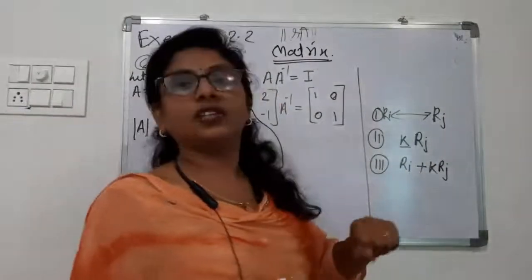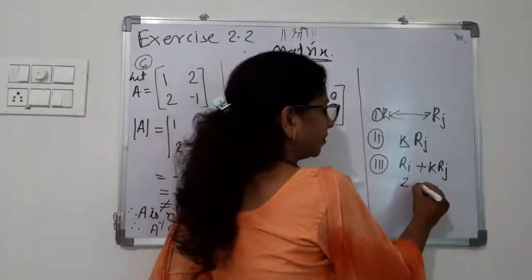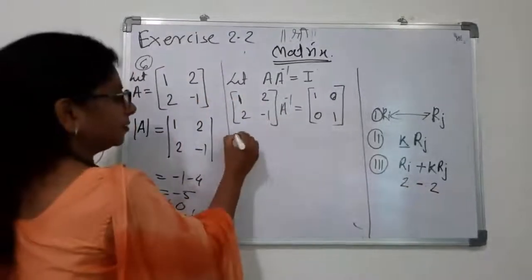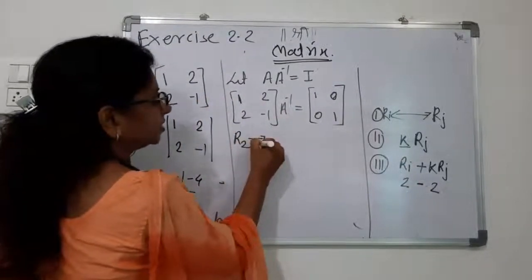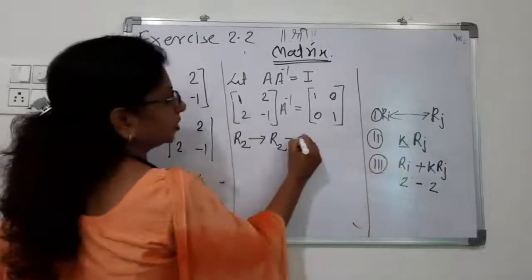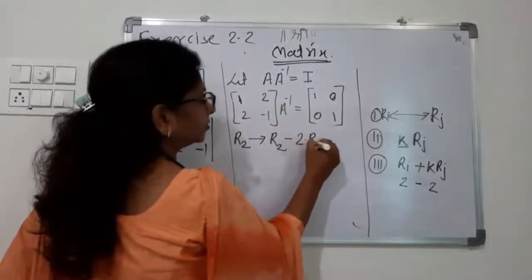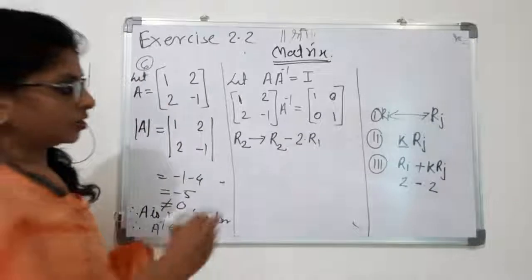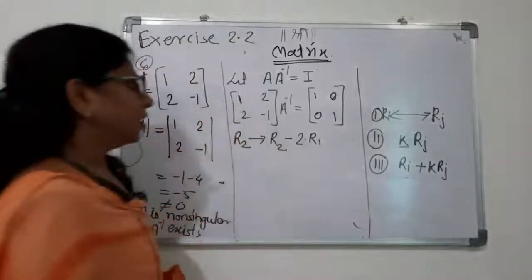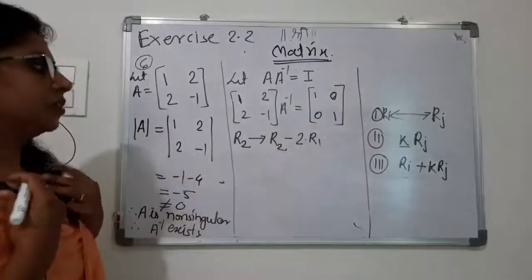So this is only applicable because if we subtract 2, so here it is our R2, we will change R2 to R2 minus 2R1, because we want minus, and here R1 is 1. If you multiply 2 to R1, we will get 2 only. Okay, so this is the transformation we have to use. So apply it here on matrix A, and at the same time on the identity matrix, which is on the right side.